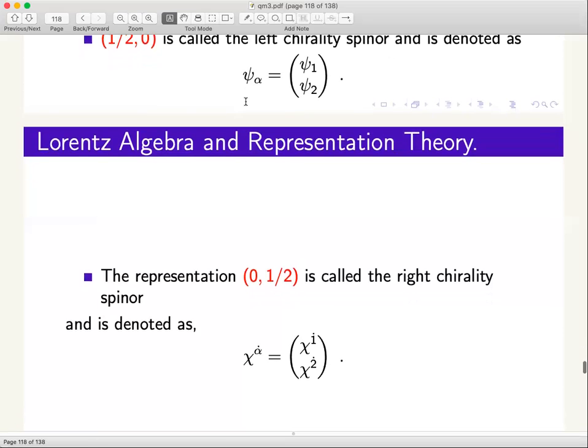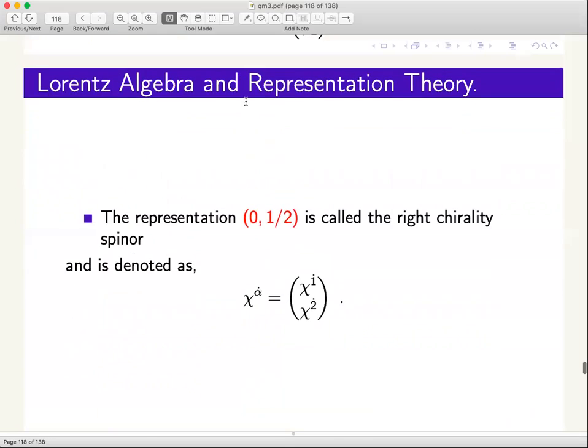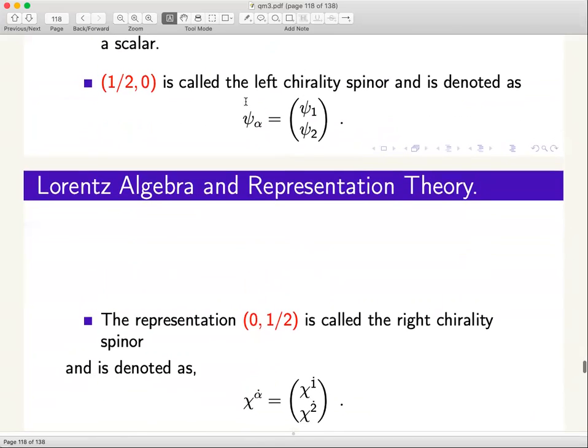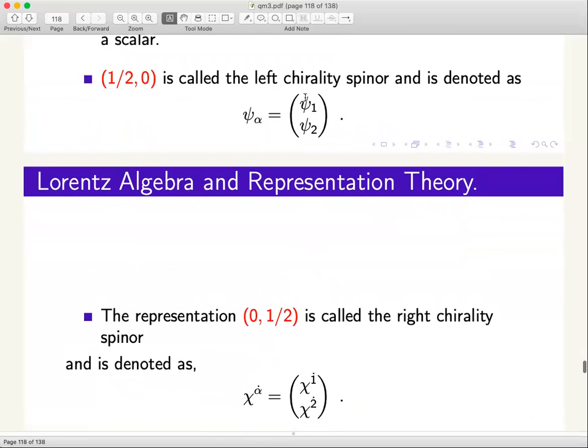Fine. So I think I have done it up to here only, but I can tell you a few more things. These left chirality spinors and right chirality spinors are also called Weyl spinors. A Weyl spinor is a solution to the Dirac equation when the mass term is 0. When the mass term is 0, you can show that the Dirac equation can be decomposed into two-component form, and that the two-component equation has these two possible solutions, which are called a left chiral Weyl spinor and a right chiral Weyl spinor.